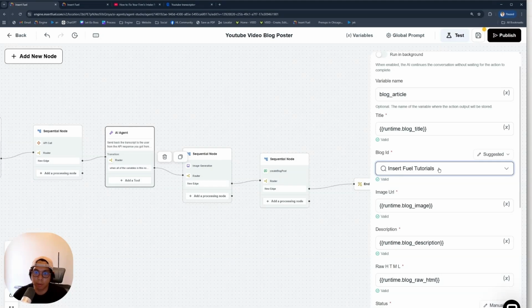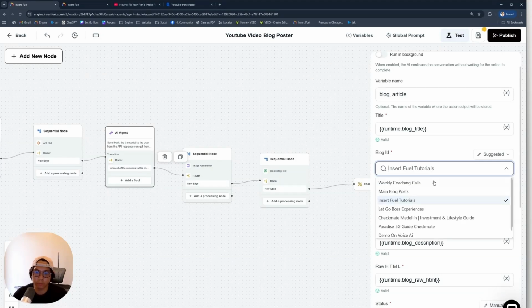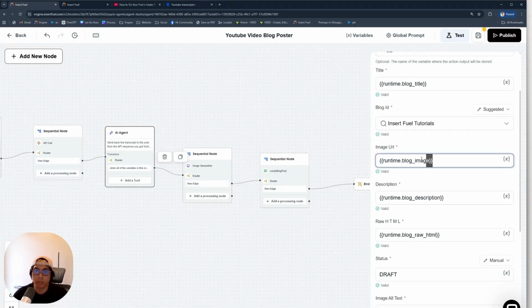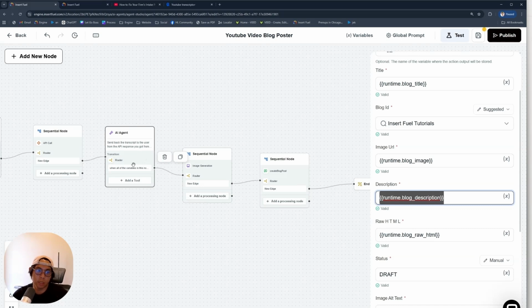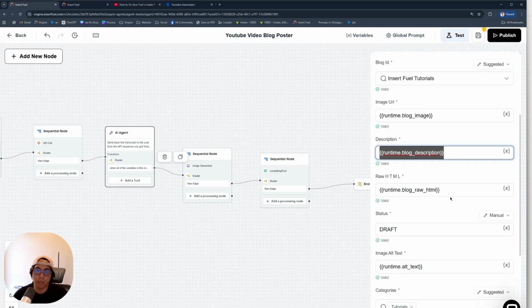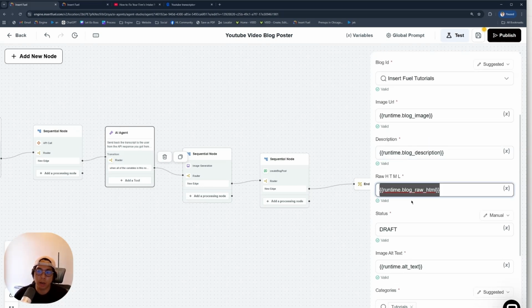We need a blog ID. It's gonna be stored in the insert field tutorials. We need the image, which is the one that we created here. We need a description, which is also what we got from this node. The HTML, the raw HTML, which I talked about earlier, is being stored here, and this is going to be